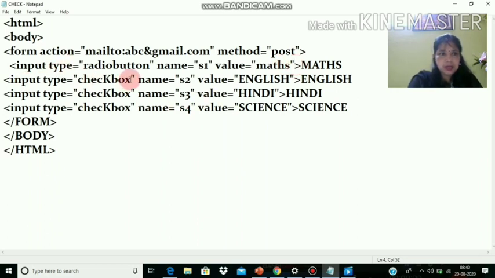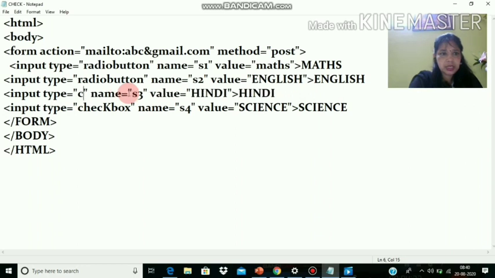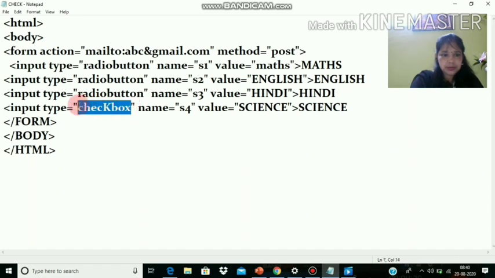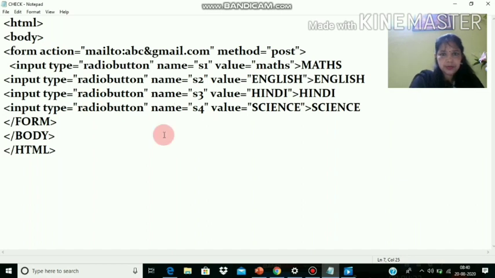So the another one I'm taking here, radio button, name equals to, value equals to English, and this way. So everywhere just change it, radio button, here also radio button, and then the rest of the things will be the same.